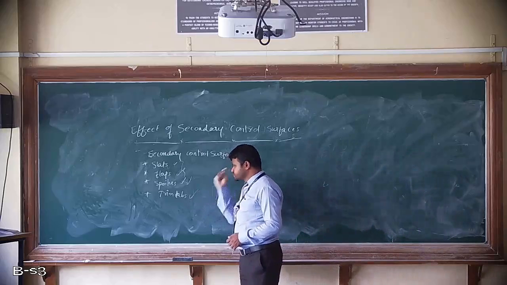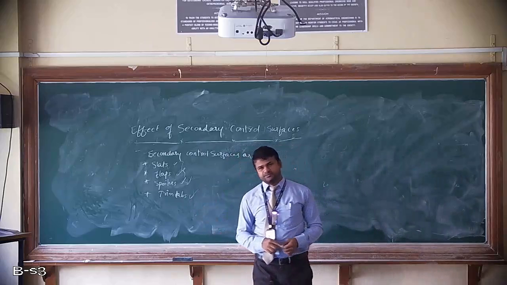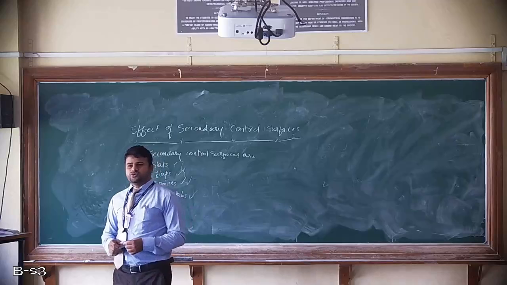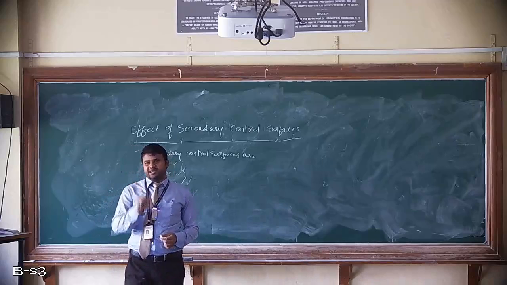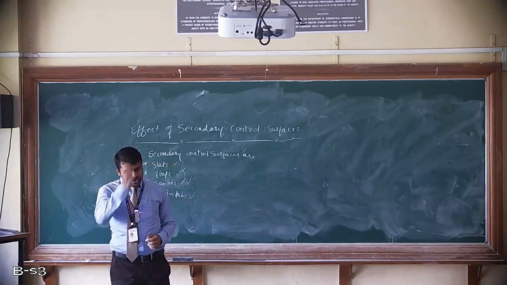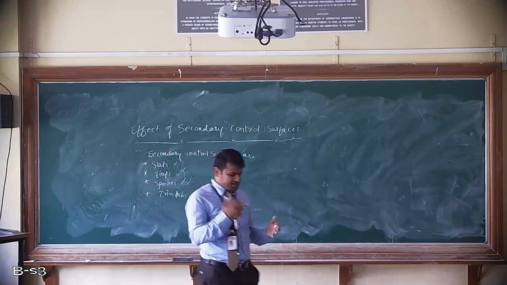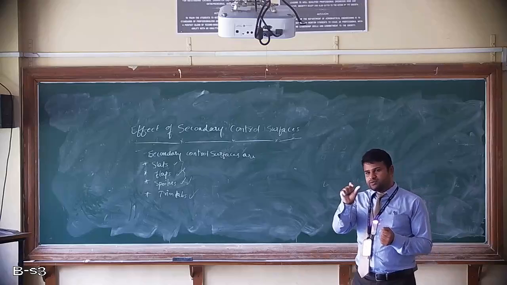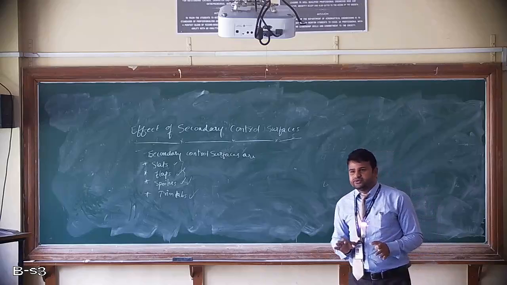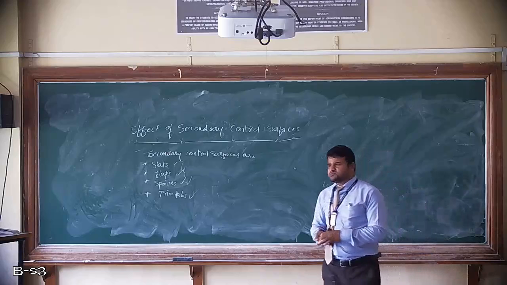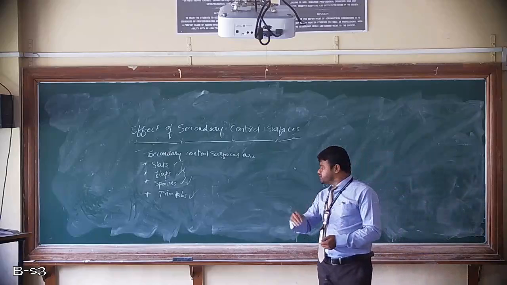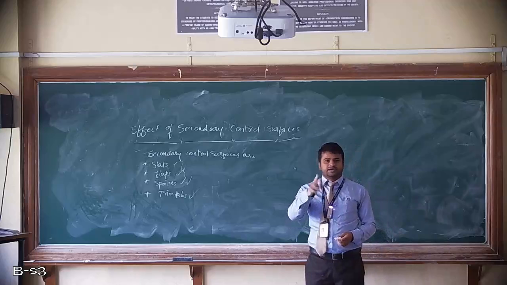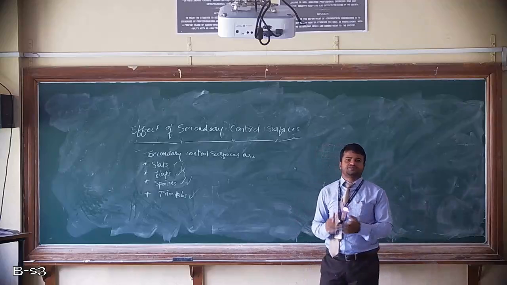Trim tabs. The last one is called the trim tab. Trim tabs are those which are tuned by the pilot initially. What will they do? They will not operate the primary control surfaces. The pilot just adjusts the trim tab and it sits silently. It makes small corrections by itself and allows the flight to go in steady level. It will not get disturbed soon.